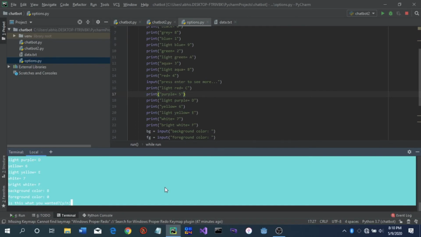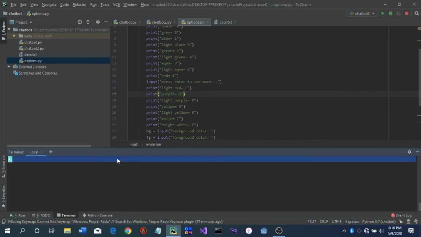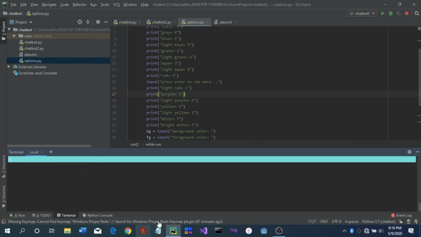Why is it coming white? But yes, I do like this. So yes, press enter to continue, and over here it is not showing full blue. See, only the top layer is coming blue, but if you ran this from the actual terminal, it would show all blue. I just don't want to. So bye,